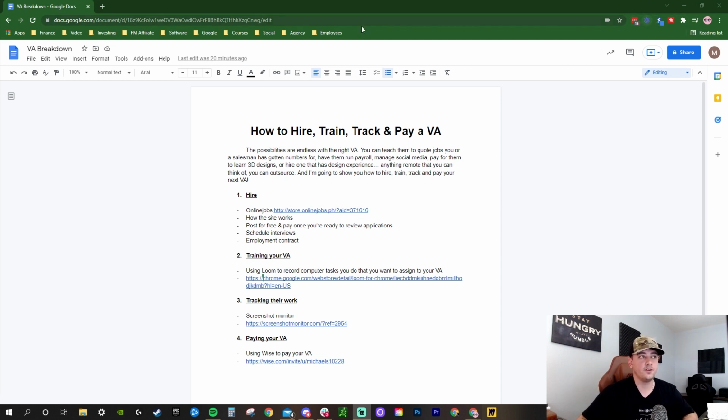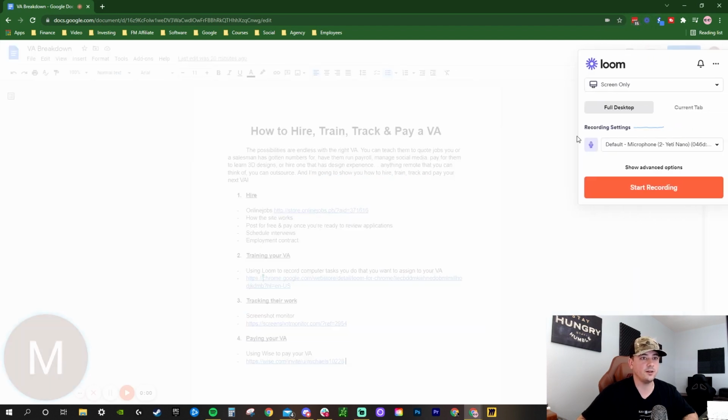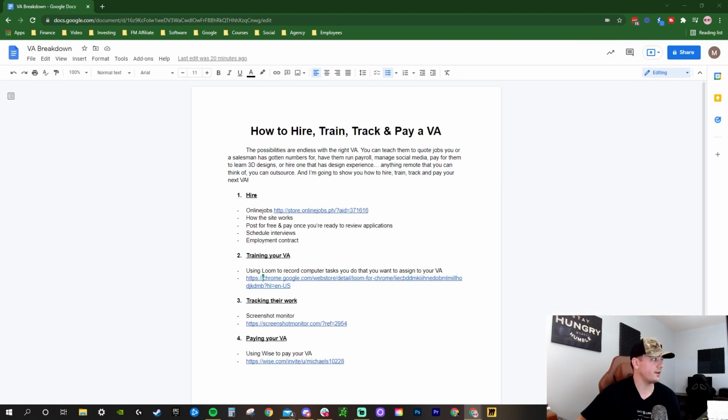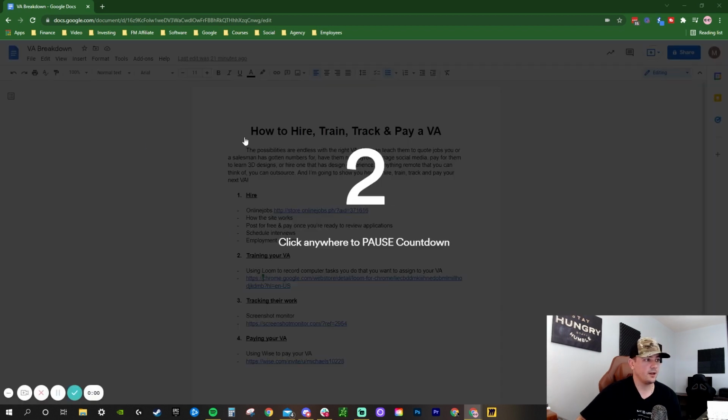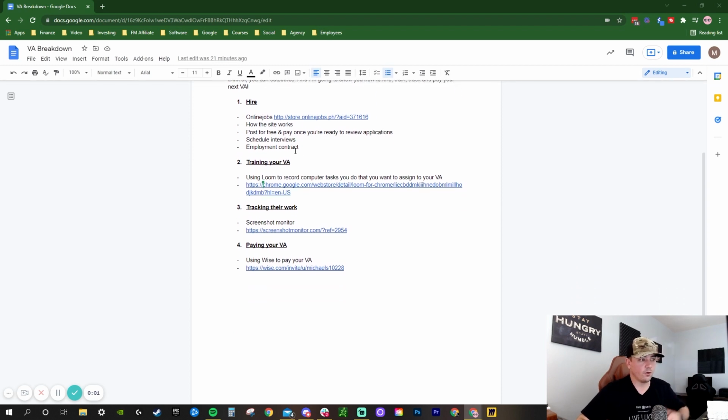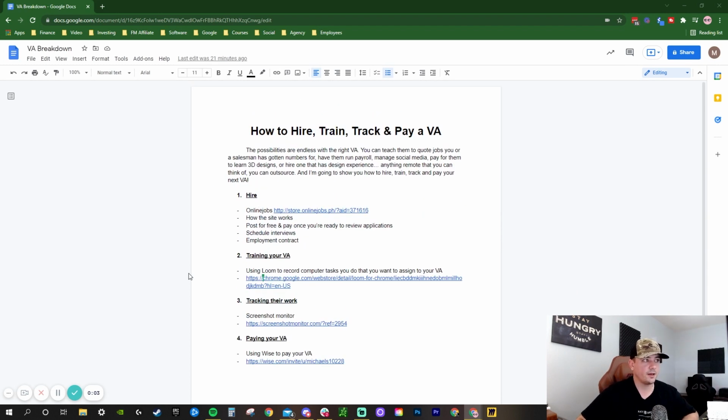Once you download Loom, you can save it to your Chrome extensions up here on the top right, and you literally just click on it. You can choose whether or not to use a face camera, I usually just block it off, and then it literally will just record your screen. It'll ask you what screen you want to record if you have multiple like me, and then it'll count it down. And then you go over your sheets, or whatever, make it however long you need it to be,